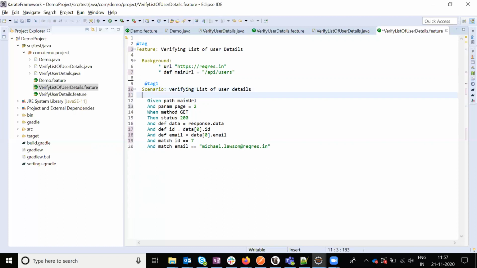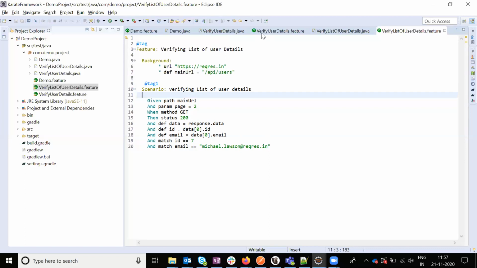This is my scenario and this is my code. Here nothing changed, everything is the same, because here I need to verify the array of values. I just change the array index position. Array index basically starts with 0. Other than that, nothing different. Previously, it was not a list of arrays but the content of a single record, because we were verifying the get user details only. Here, for the list of user details, just a little bit of modification.